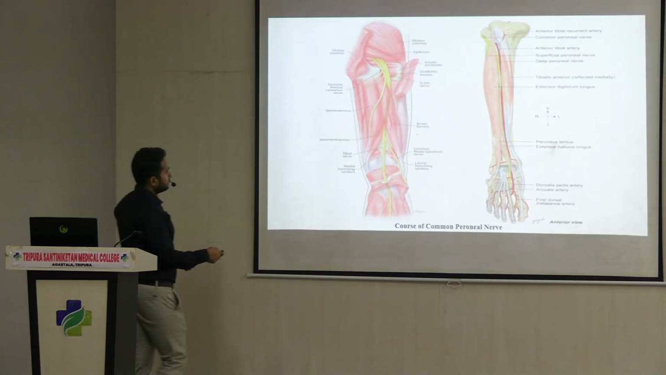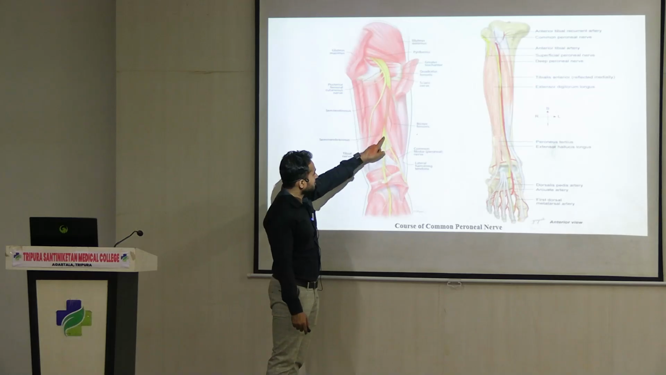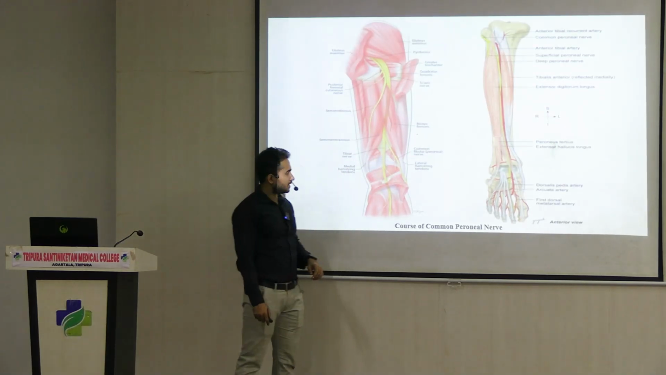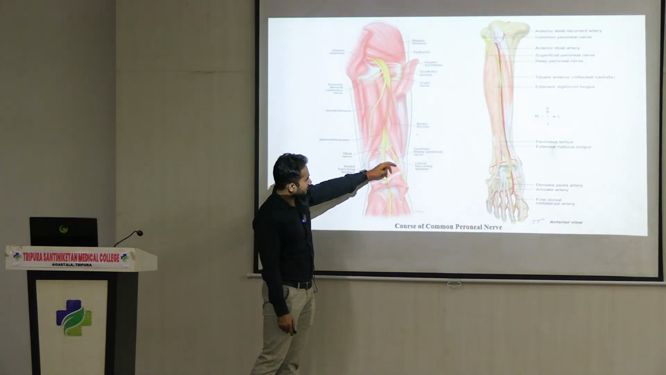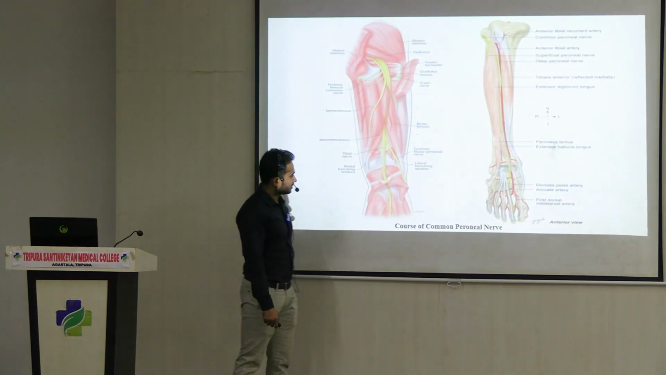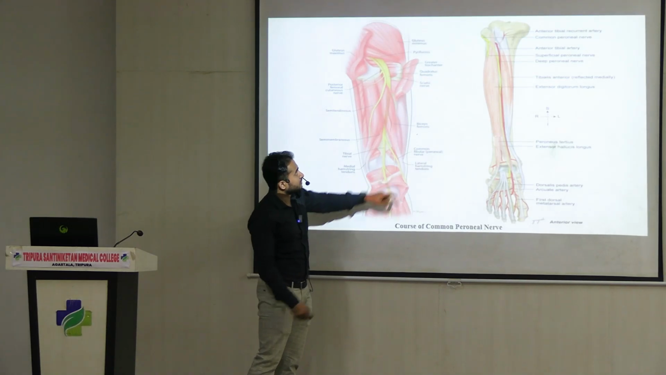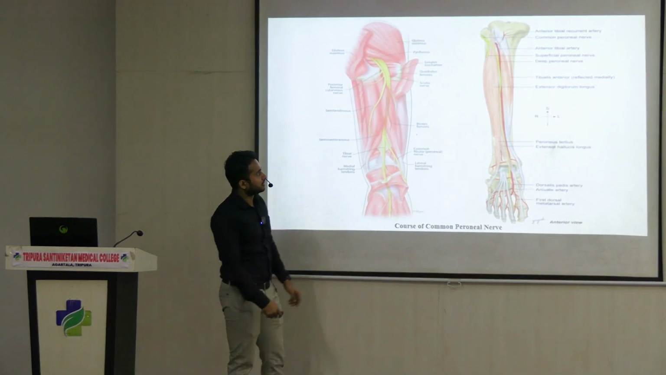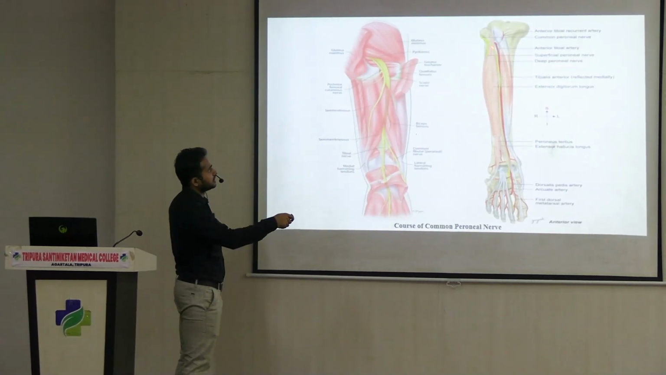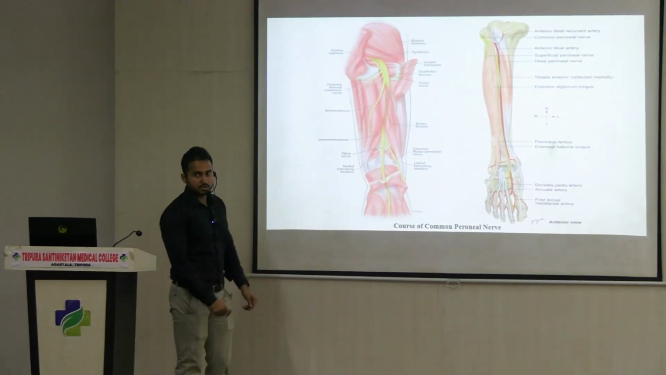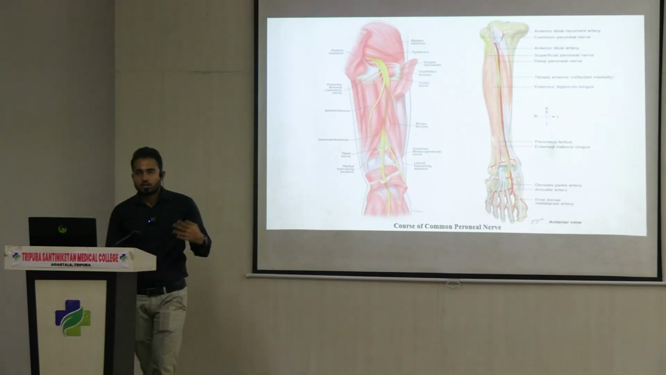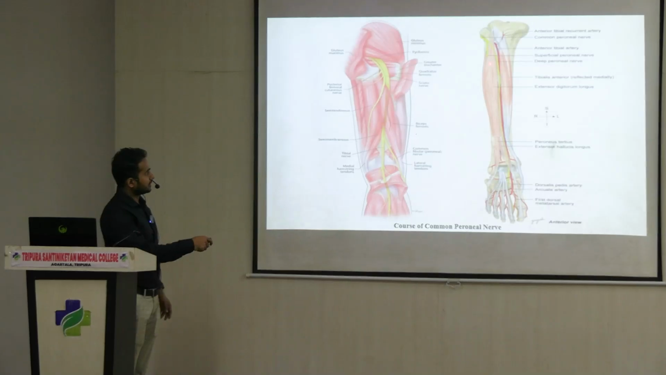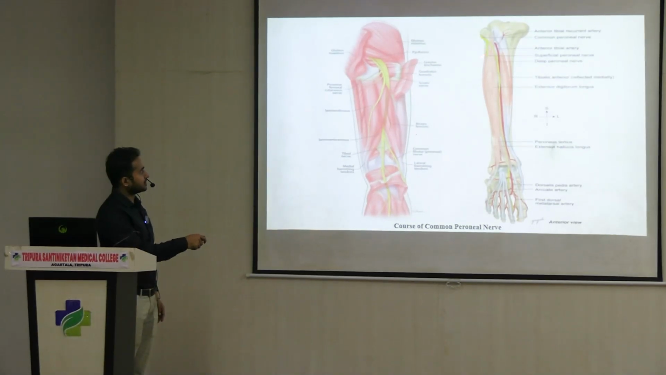So here you can see the termination of the sciatic nerve. This is the tibial nerve, and here you can see the common peroneal nerve. Now this is the lateral angle. From the lateral angle, you can see it is going laterally. So it is winding around the neck of the fibula, and this is the neck of the fibula, and then piercing the peroneus longus muscle, and after that it is dividing into two branches, the superficial and deep peroneal nerve. Here you can see the course of the deep peroneal nerve, and here is the superficial peroneal nerve,